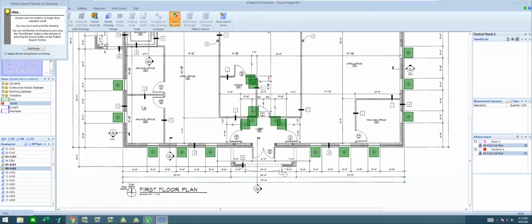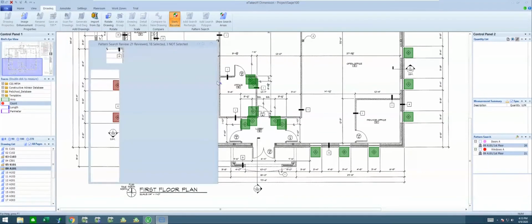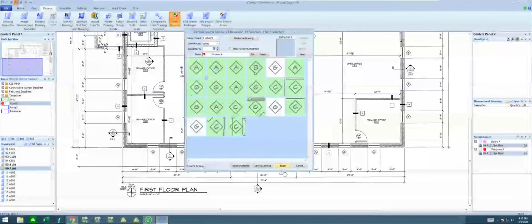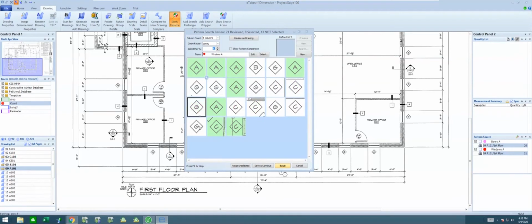If I knew I was looking for an A and I'm looking at this and say, well, that's not really an A, or that's not really an A, I could still come back here and uncheck them if I wanted to. If that got off on the legend or picked up something else I wasn't interested in, when I come back to review, you notice it's going to tell me those 3 are not included at the moment. So I'm just going to go back through here and take these a little faster. It looks like all those are, that one's not, no, no, no, no, no, no. So maybe that's all my A's.